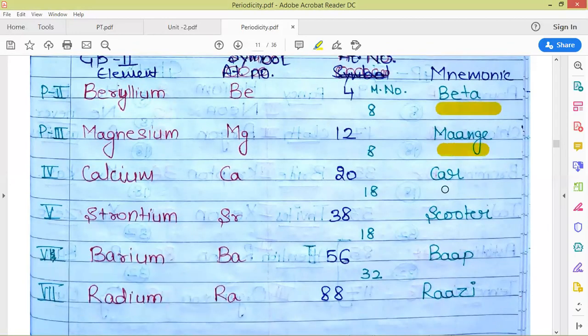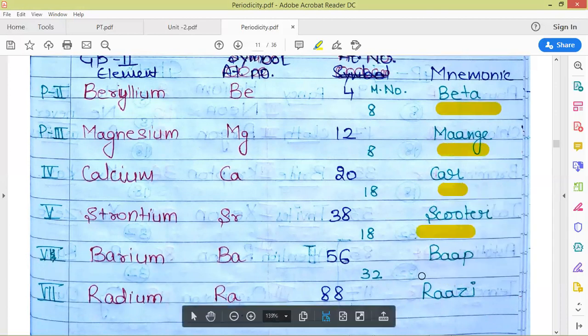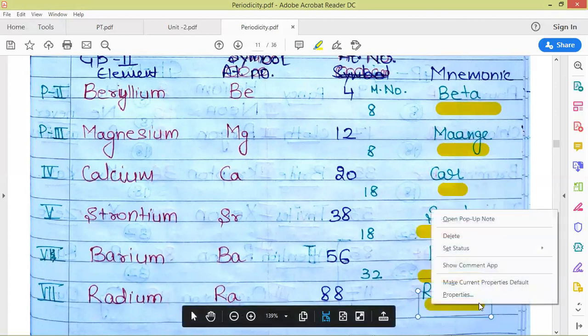Beta, mange, car, scooter, Baap, Razi. So this is a mnemonic for